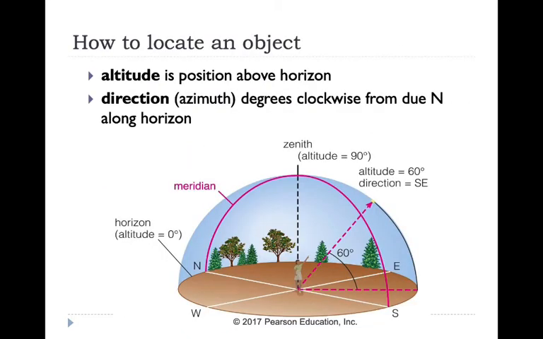A bit more of definitions here. Altitude is the position above the horizon, and then your azimuth, we go clockwise around. So if we were to break up all around us, a circle makes 360 degrees. If you break those up, you could break it up into minutes. So each degree will have minutes, and then each of those minutes you could break up into seconds, so 60